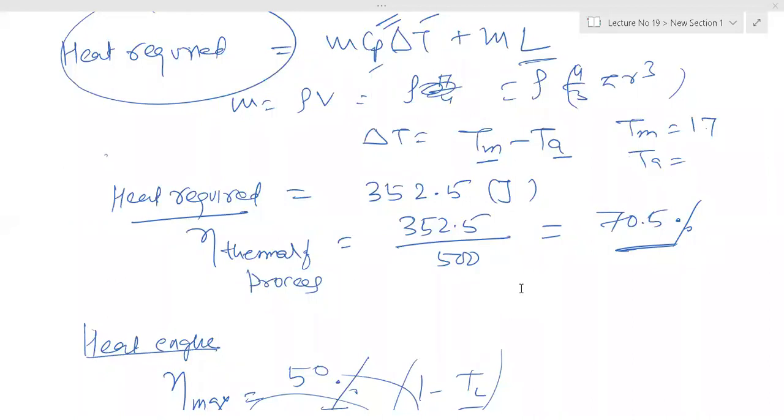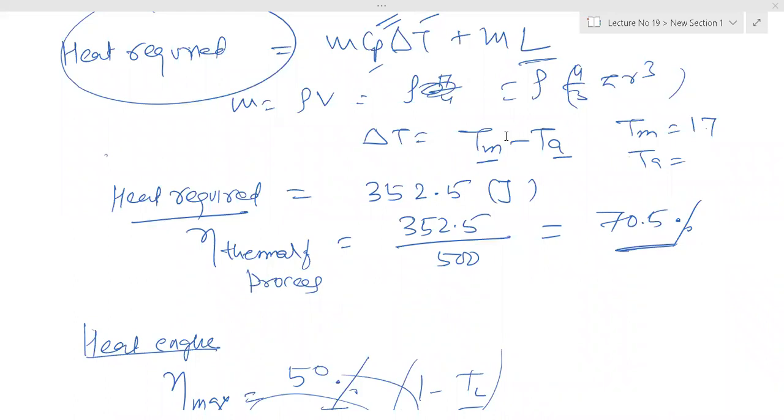GATE asks this much only. If you solve the GATE question, then only you will understand. Sir, if no conductivity loss happens, then how is efficiency only 75.5%? No conductive loss happens, but what about other losses? There are other losses, no? They are saying loss is not through the seats, but what about the electrodes? What about the contact surfaces?